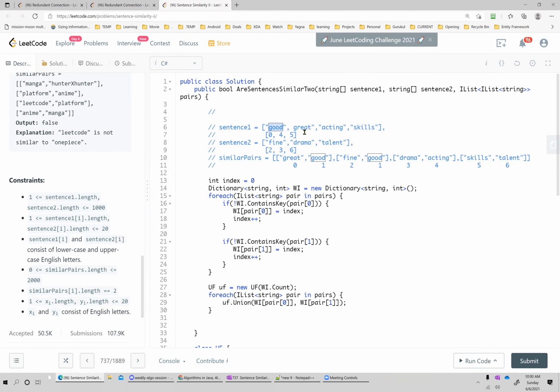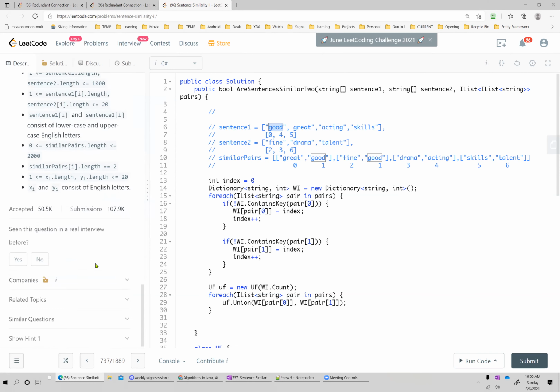Because otherwise, if we say that it is similar, then are we going to say that we will skip all the similar words, whatever is coming next? Because actually we want to compare acting to drama, right? Not great to drama. True, but contextually speaking, this question is like when someone wants to see whether a review is a good review or not, right? And people can use different words. So if I say this product is amazing and great, and someone says this product is awesome, then amazing and great and just one word awesome, they are similar, right? I have a counter example.